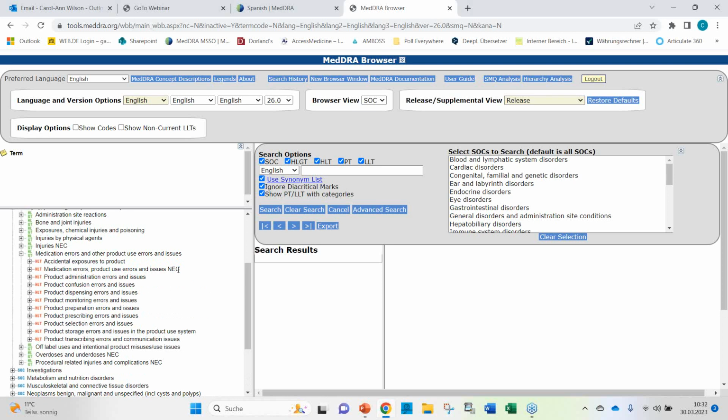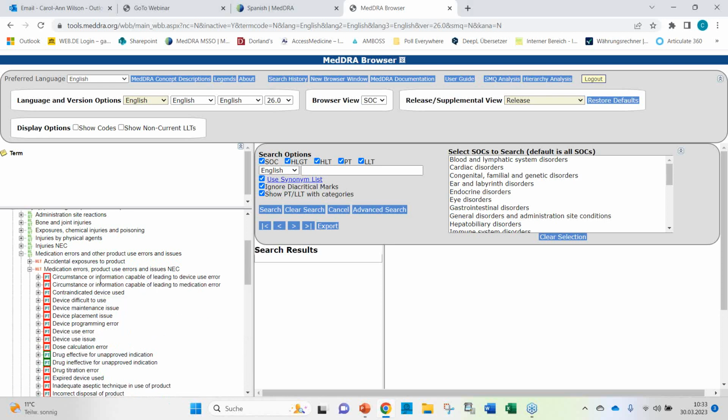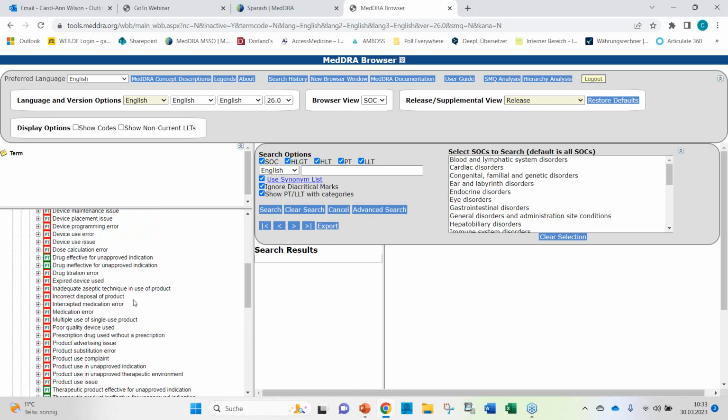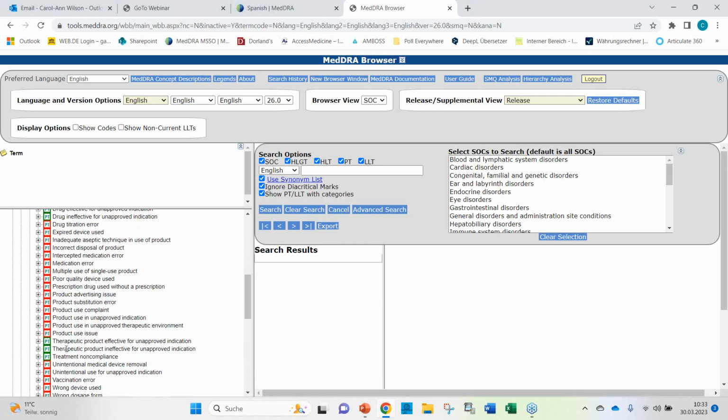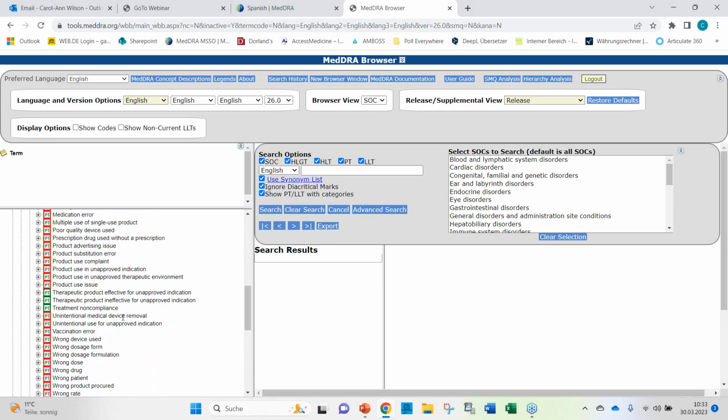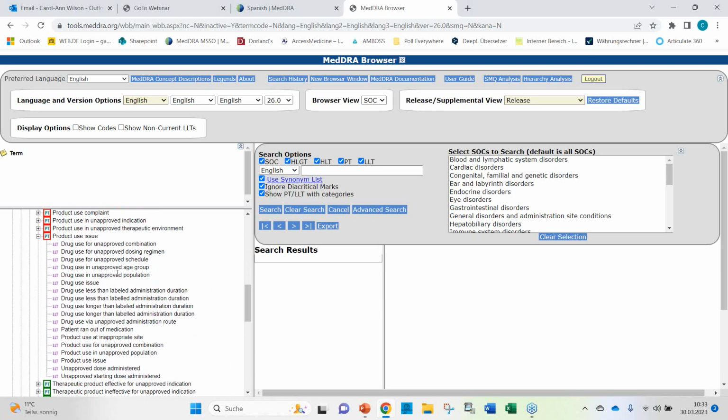Here, the NEC, the not elsewhere classified grouping, so rather vague terms. And here you will find the product use issue, for instance, that we saw before, this very vague term that can be used when it's not clear whether an event, an incident occurred accidentally or intentionally. And you see that underneath you have a lot of more specific LLTs that capture more specific information.